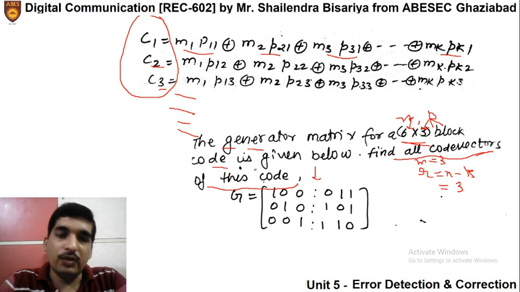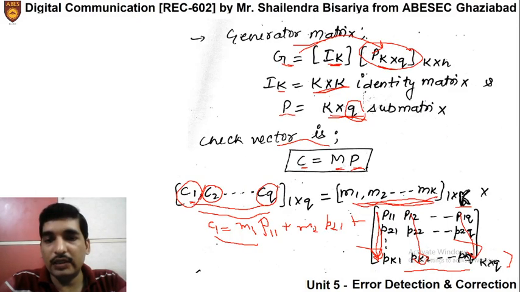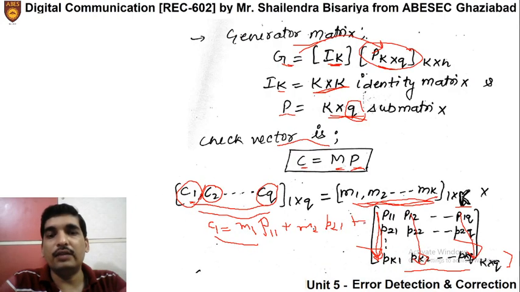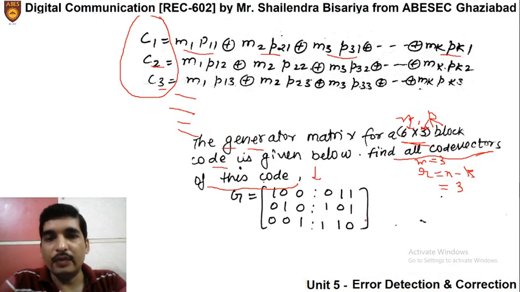Okay, now first of all, let us clear the concept of generator matrix that we have discussed. I told you that the generator matrix is composed of initially the identity matrix, right, and then the parity matrix. So that is what you can see here, this is the generator matrix first part, and you can see that it is nothing but the identity matrix 1 0 0, 0 1 0 and 0 0 1, and it should be of size k, that means k is equal to 3, that's why it is a 3 by 3 matrix.